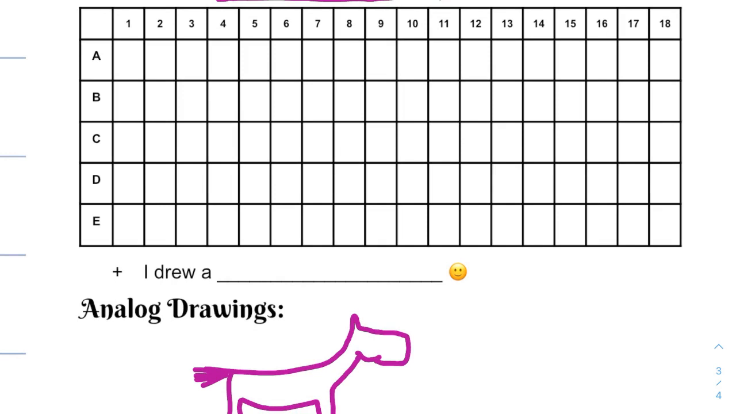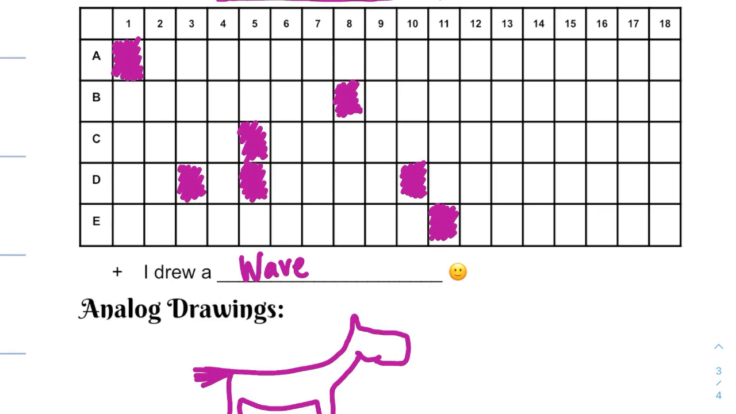So here, let's try one more. This time, we're going to draw a wave. Okay, so listen up. It starts in A1, up here in the top left corner. Next would be B2, C3, D3, E4, D5, C5, B6, A7, B8, C9, D10, E11,